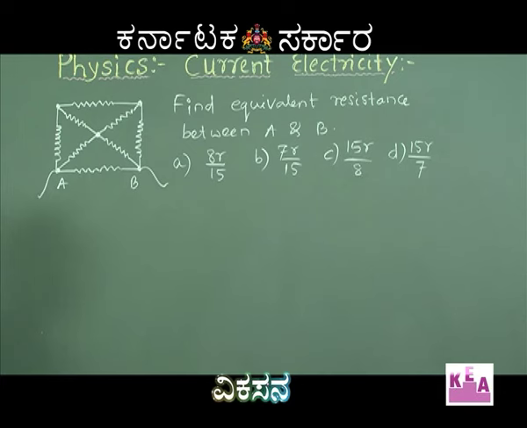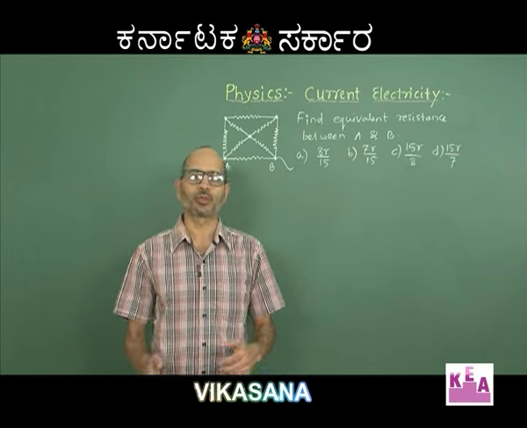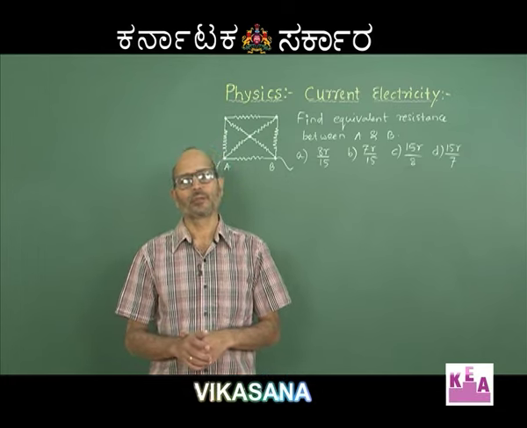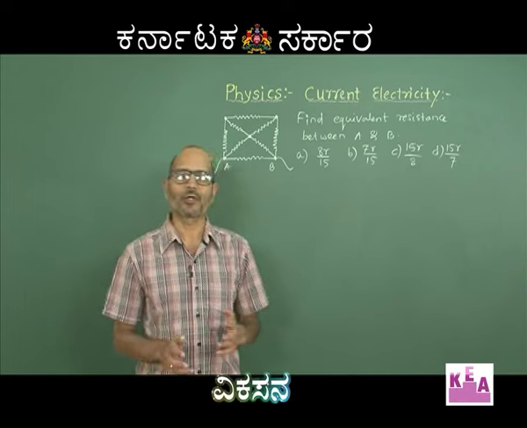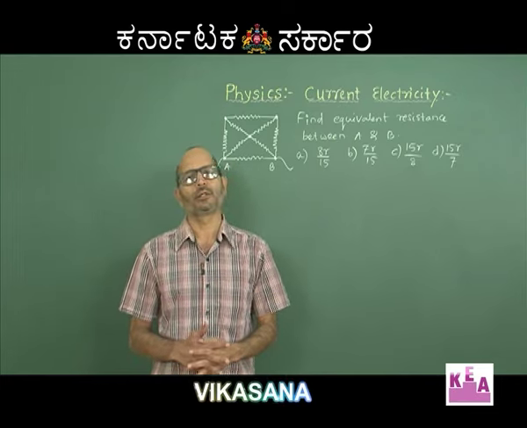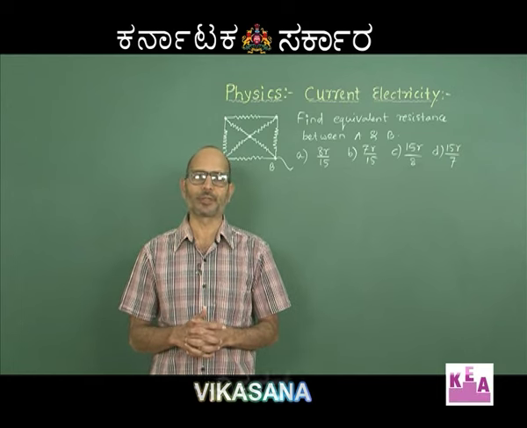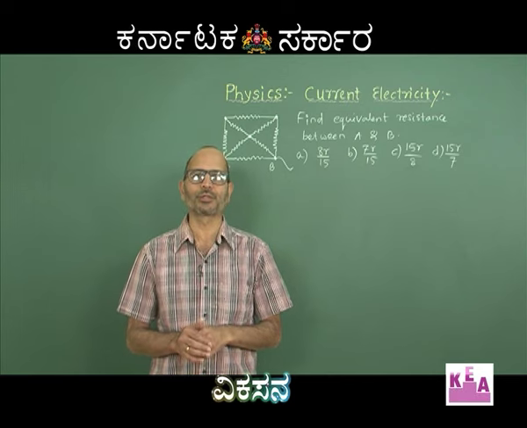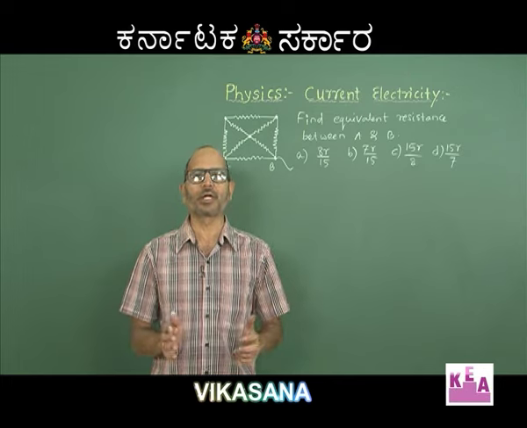With this problem, I would like to share a couple of methods of solving such circuits. They are called the rules of symmetry. The first rule goes like this: if you are required to find out the equivalent resistance between A and B, and the perpendicular bisector of the line joining AB is the line of symmetry. Remember, A and B are the 2 points between whom the equivalent resistance is to be found, and the perpendicular bisector of AB is the line of symmetry.